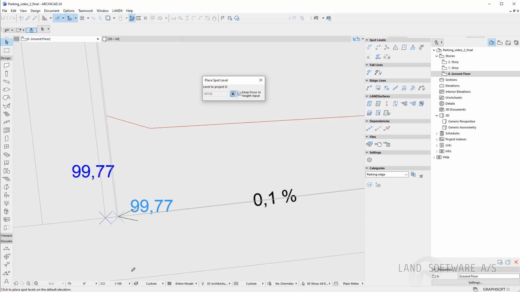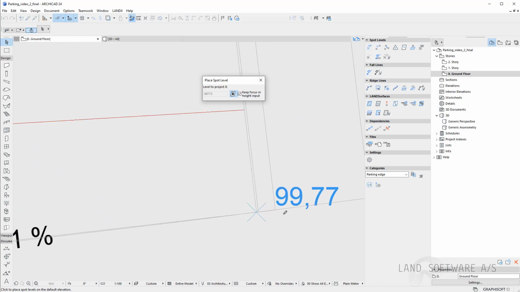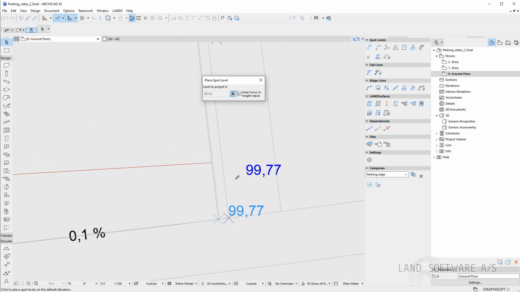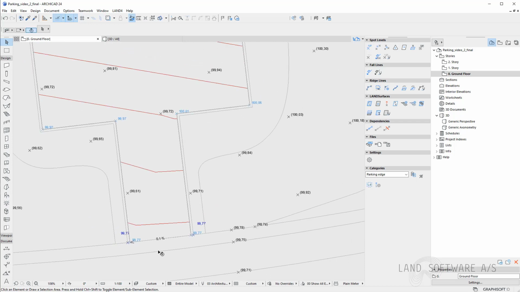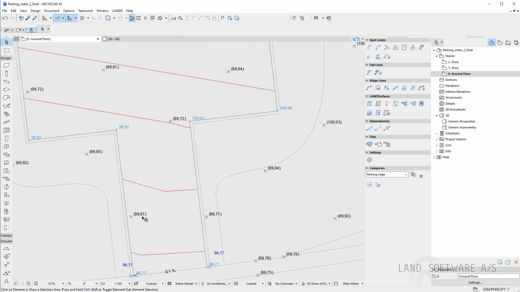So I'll just place it here, and I will do the same on the other side. In this way, it's easy to avoid confusion, and this is usually useful in situations where you will have a lot of spot levels neighboring each other.